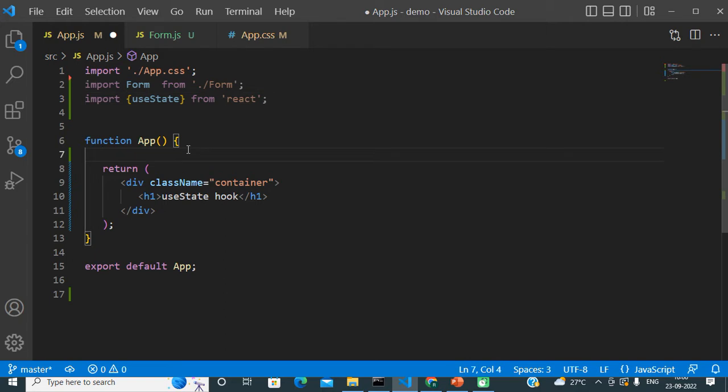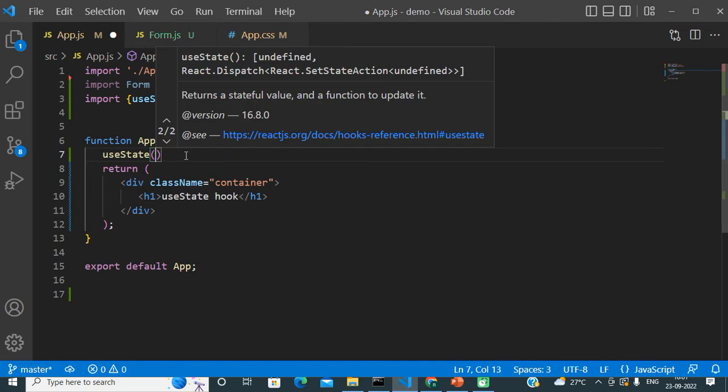The second rule is that now I have imported this hook and I am going to use it in this component. To use this hook we just call it as a normal JavaScript function. It is just a normal inbuilt function.